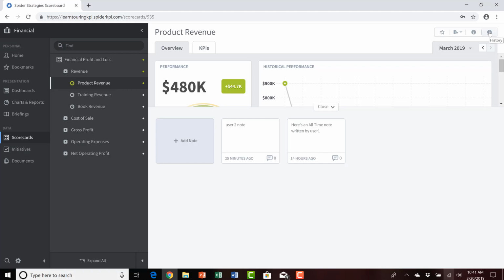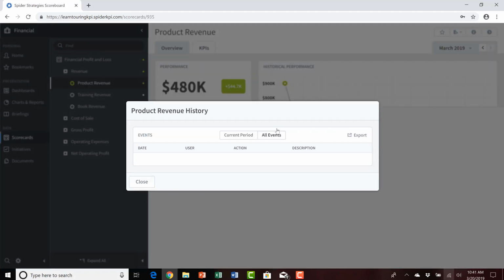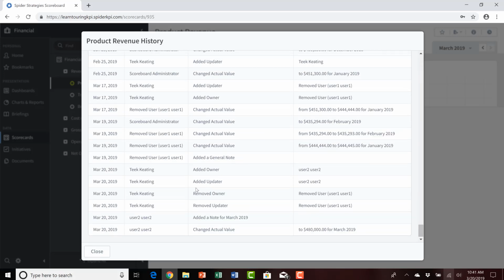And then if we look at the history for product revenue, and once again, one last time, all of the events that have occurred with product revenue recently, we do see that in terms of that removed user, it is acknowledging that the removed user was user 1 who did some changing of actual values and some adding of notes and what have you. But again, that's how history is now portrayed with a user that has been subsequently deleted